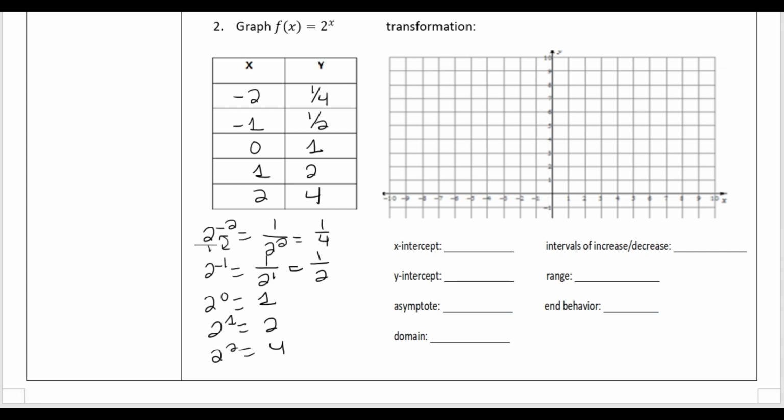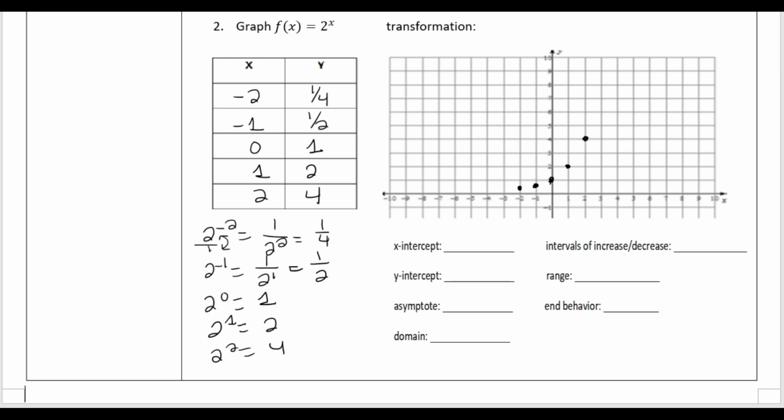Now we're going to go ahead and plot the points. So we have negative 2, 1/4. 1/4 is very small. It's around there. Negative 1, 1/2. 0, 1. 1, 2. 2, 4. All right, so in this case, if you're going in the negative direction, it's only getting smaller and